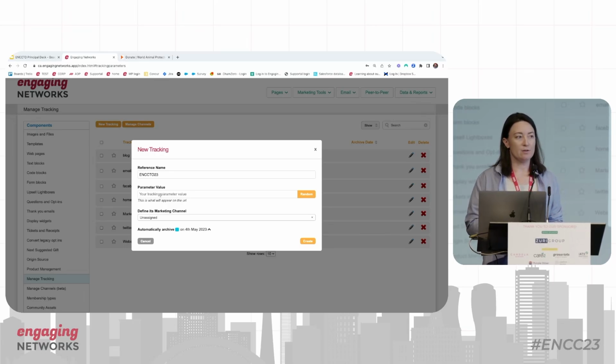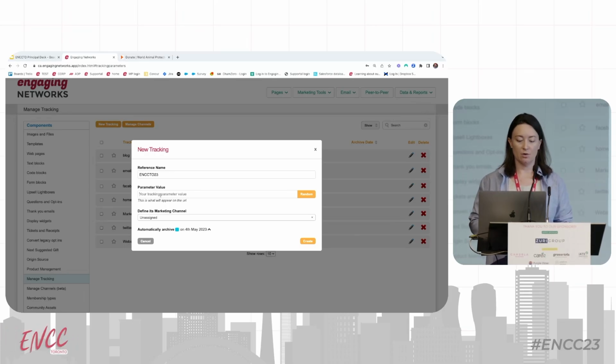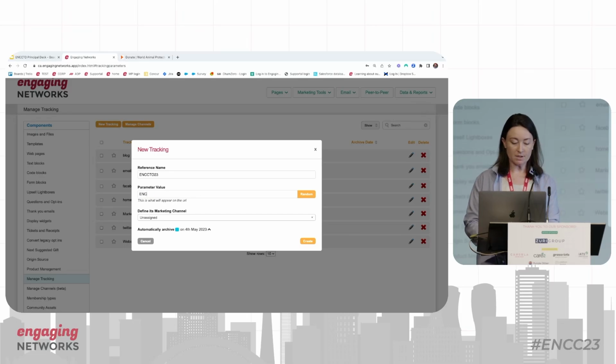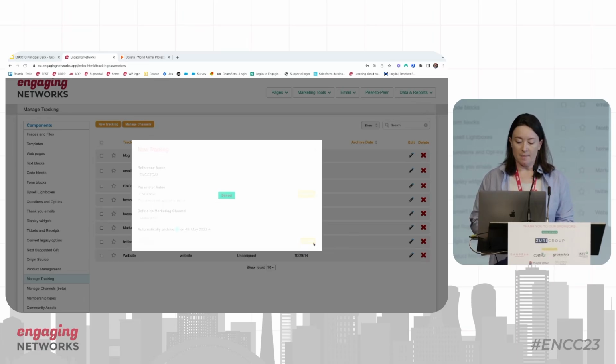This is the actual value for the parameter. So this will, as it says here, appear in the URL. If you're trying to be more discreet, you can have just a random value, or you can have that be really informative itself. So if we go ahead and create that,